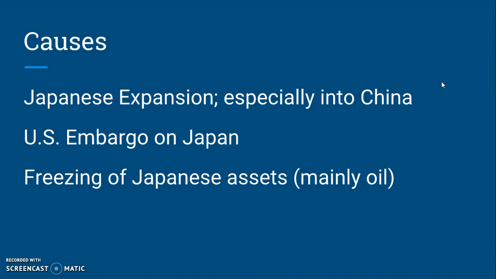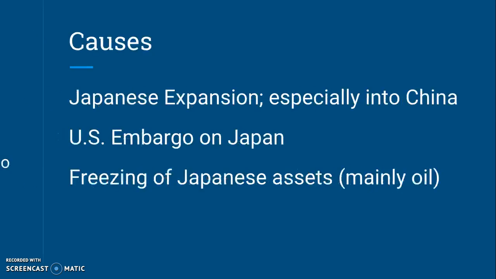To start with some of the causes of why the Japanese decided to attack Pearl Harbor on December 7th, 1941, the Japanese at this time were aggressively expanding their empire into areas such as China and into the Indian Pacific Ocean islands, as we'll see later in a little visual aid. The U.S., as a result of this, placed an embargo on Japan and also decided to freeze Japanese assets, the main one being oil. These jabs back and forth were the beginning of a struggle for power over one another, which eventually led to the Japanese deciding to attack the U.S. in the form of Pearl Harbor.